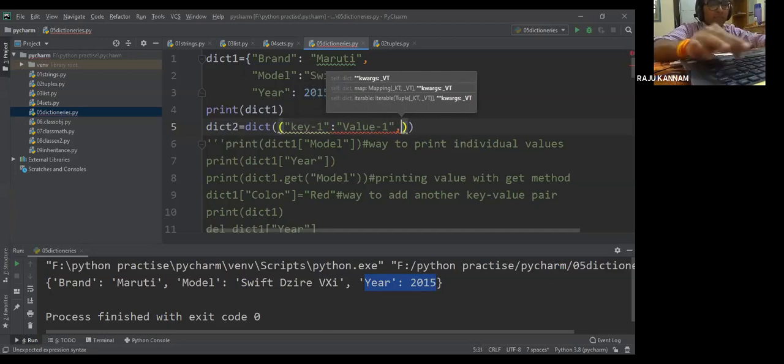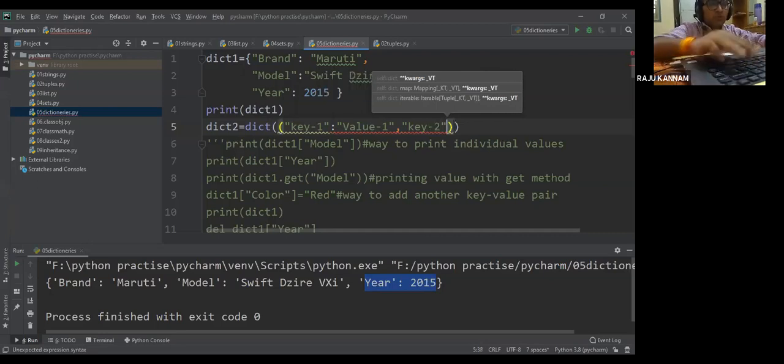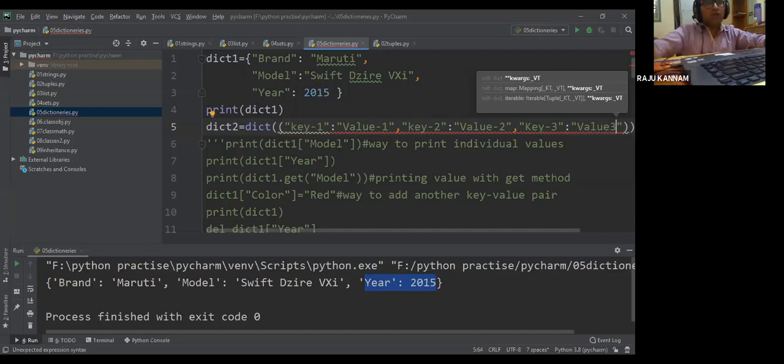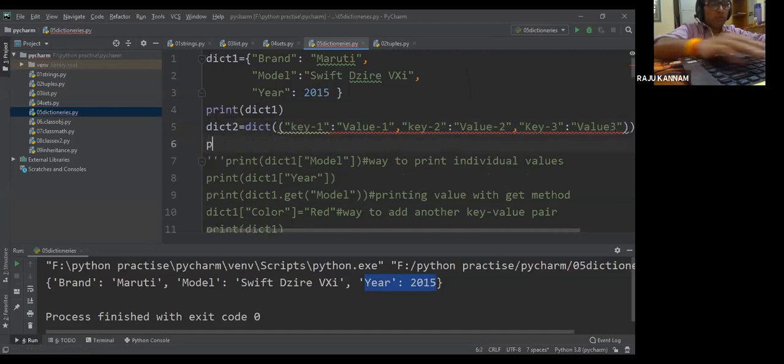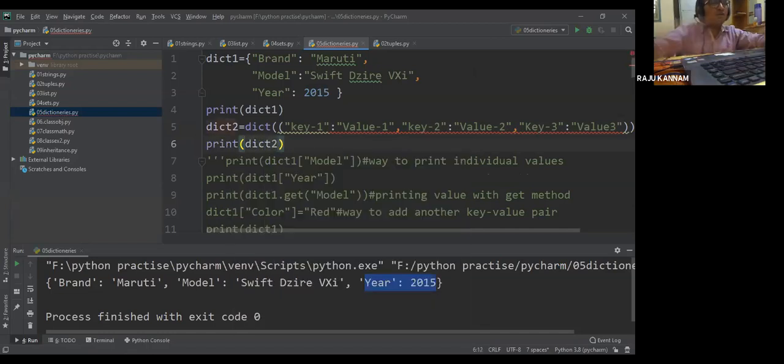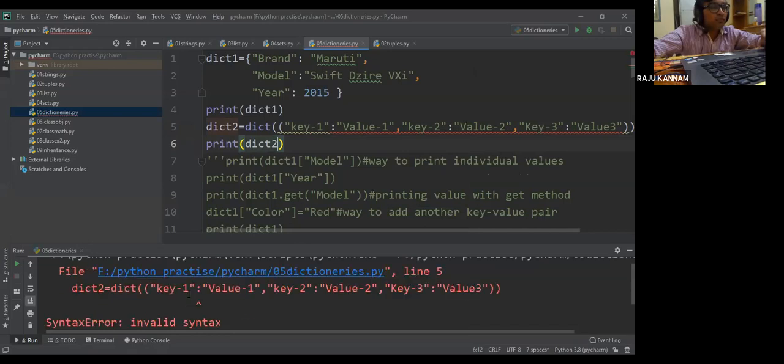Then comma, key2, its value is value2. Then comma, key3, its value is value3. Okay, so now print dict2. If I execute, sorry.